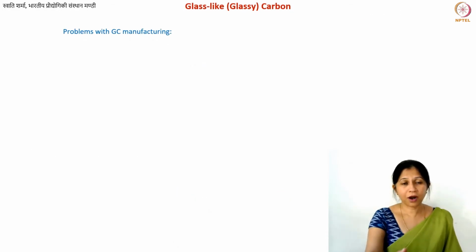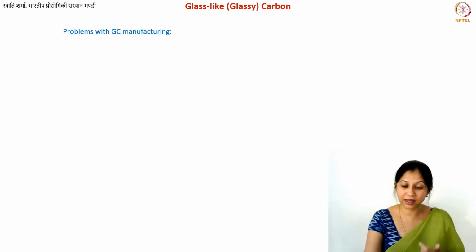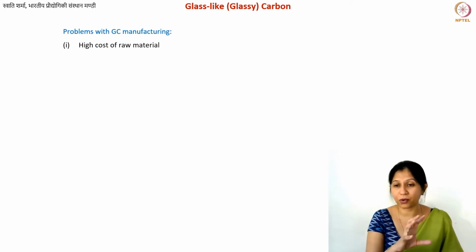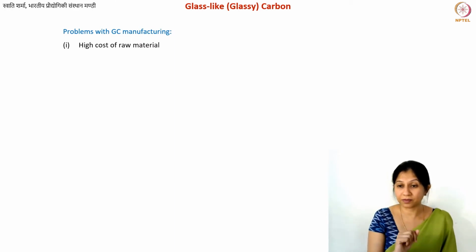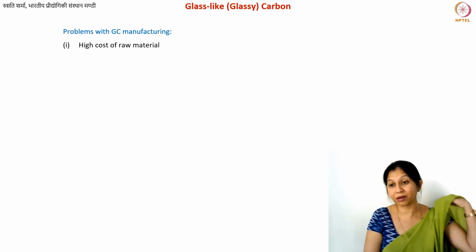Okay. So the problems and challenges with glassy carbon manufacturing, we already discussed some of them. The first one, of course, is the fact that you get these bubbles. That is the issue with the manufacturability or the purity of the material. But other issues are the very high cost of the raw material. Phenol formaldehyde resin, as I mentioned, compared to many other industrial materials, is a very expensive material. Also, it depends on how large the shapes are that you're trying to make. If you want to make really large glass-like carbon structures, then they can become very expensive.